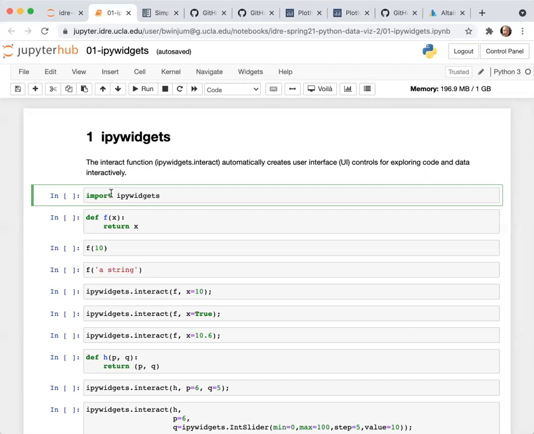The first library that we're going to be talking about this morning is the ipywidgets Python library. So there's a question in the chat, is ipywidgets available with a generic Python distribution? No, it's not. It does have to be installed. So the Jupyter Hub environment that you're accessing, I've already installed ipywidgets, and I've already installed all of the other libraries that we're going to be interacting with.